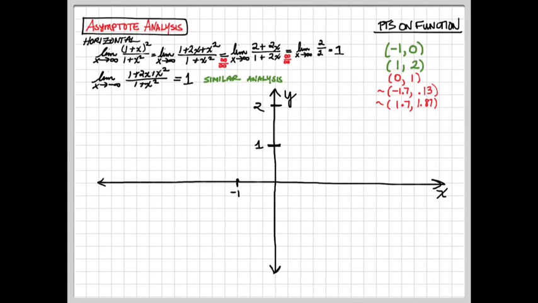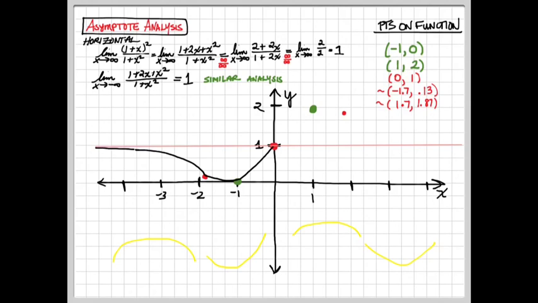Let's plot those points on our graph. And remember, we have a horizontal asymptote of y equals 1, both as we come from negative infinity and as we go to positive infinity. So remember, in terms of concavity, our function is initially concave down, followed by concave up, concave down, and concave up. It is decreasing to negative 1 from